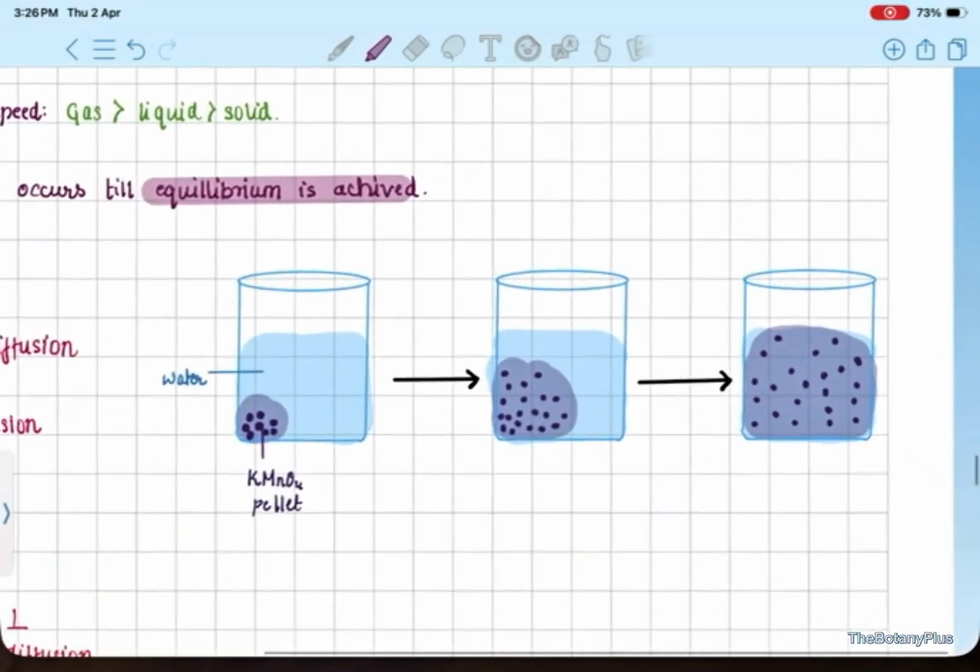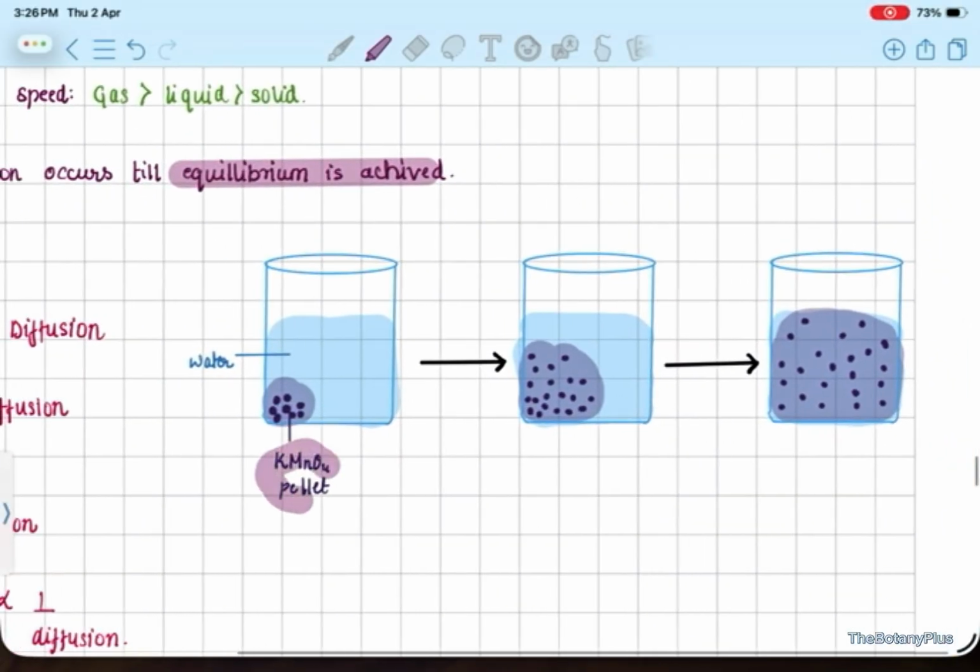Equilibrium means what? Just see in this diagram that the KMnO4 pellet here is